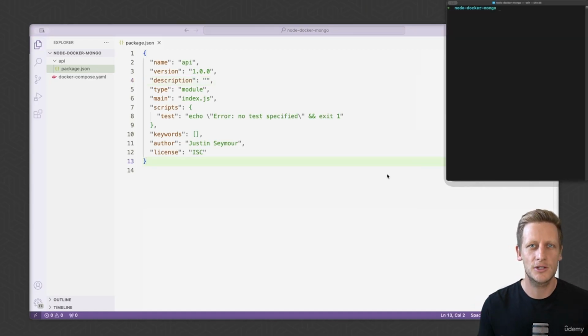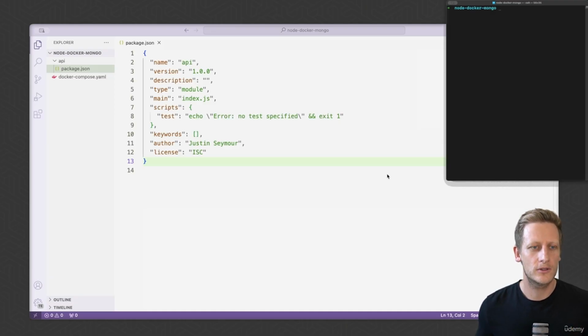Now that we've made that minor change to our package.json configuration, the next step is to install two base packages that we want to make use of right from the get-go while we're building out our API. The first one is obviously going to be Express.js. Express is a really well-used NPM package to help us create Node HTTP servers. And the second one will be Nodemon, which will just allow us to set up hot reloading in our development environment, which just watches for any file changes. So any changes we make to our files or folders while we're writing our code, this is going to restart the server so that we don't have to keep running the commands to start our server every time we make